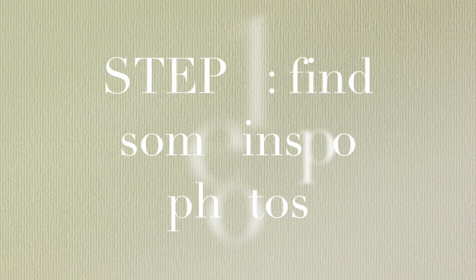But yeah, let's get on with the tips. Step number 1 on planning the perfect dorm, apartment, whatever you may be moving into, is to get on Pinterest. I am not someone that uses Pinterest all that much, but when it comes to room and home decor, it is going to be your best friend. Find a picture that you really like, and underneath of it will give you all these suggestions of rooms and aesthetics that look very similar, and from there you can kind of print out, screenshot that photo,